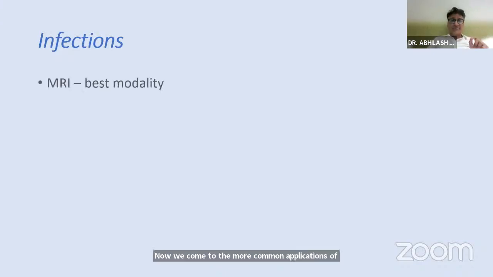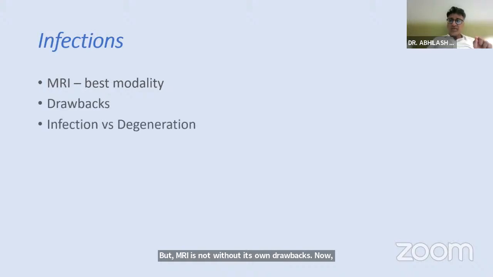Now we come to the more common applications of a PET-CT in infections. Now, we all know the best modality or the earliest modality for picking up infection is MRI. But MRI is not without its own drawbacks. Now, in conditions where you have picked up early infection, you could also be dealing with early degeneration, or MRI